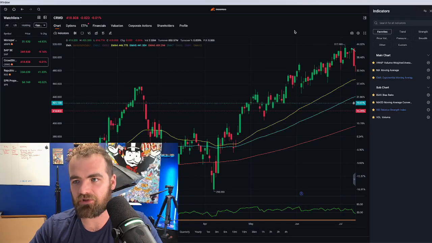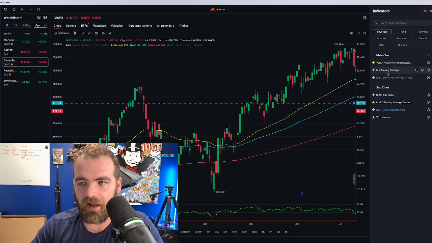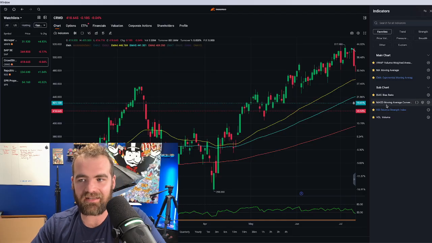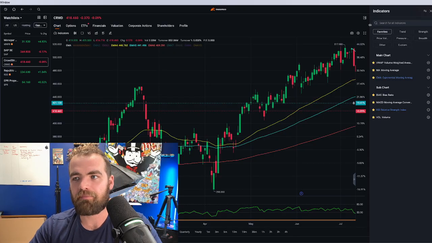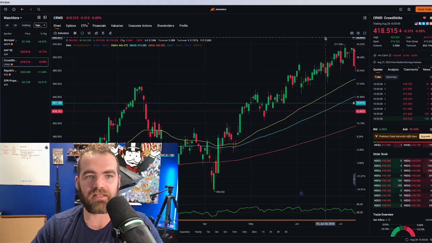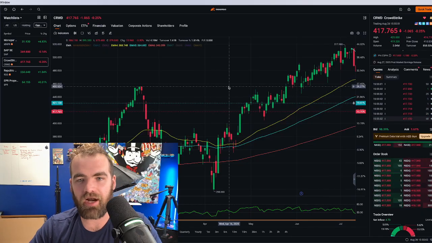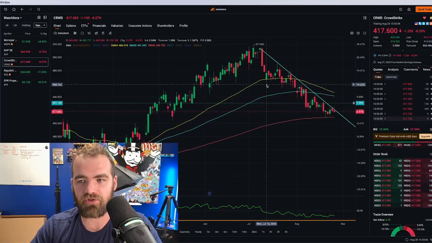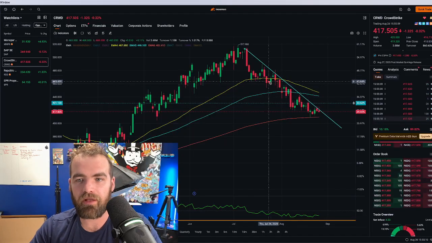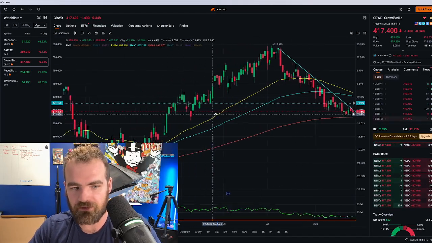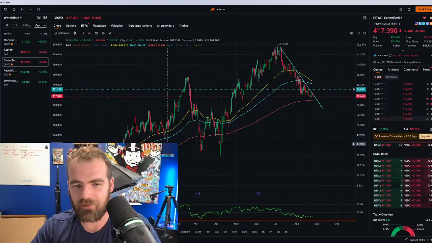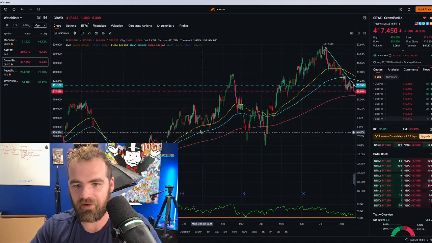So the first thing here that I want to show you guys that I always do is go to the indicators tab and make sure we have EMA and the RSI. I also want to make sure I can add the MACD and volume. Being able to add different indicators will make your trading so much easier because you guys can see here with the stock CrowdStrike that we're recently looking to possibly take a position with, we have a general idea of where some supports are, where some resistance levels are. So you guys can see as we zoom out, it does have some nice support here on some of these moving